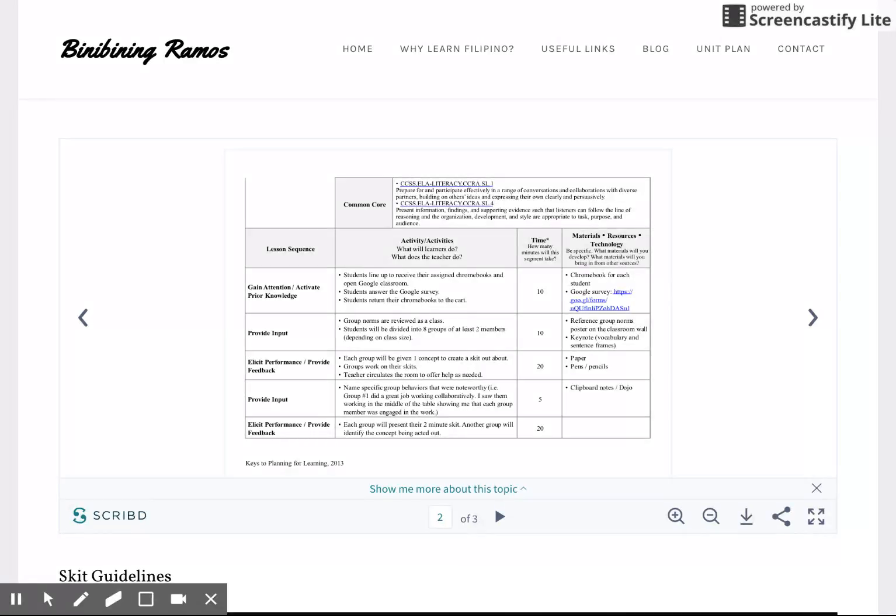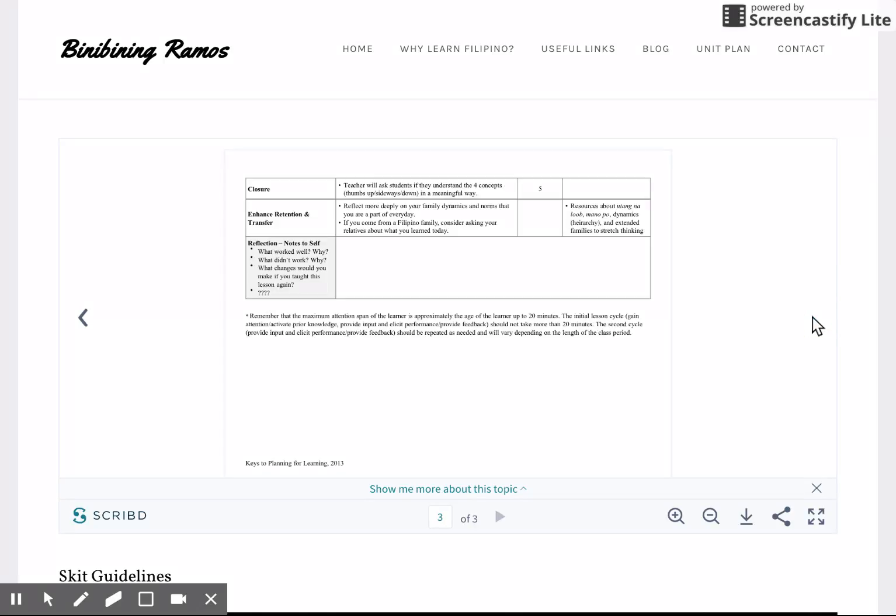which is going to be more effective. And then after that, after they present their skit, I'm going to have the groups who are watching guess which of the 4 concepts the presenting group is presenting about. At the end, I'm just going to do a quick thumbs up, sideways, or down to see if